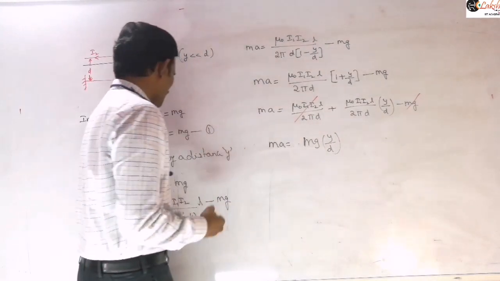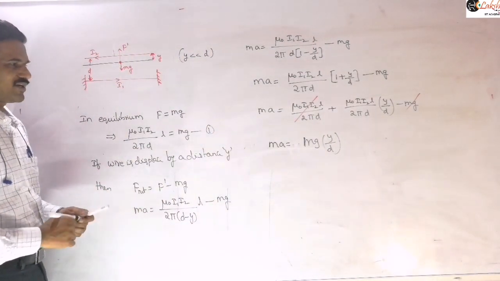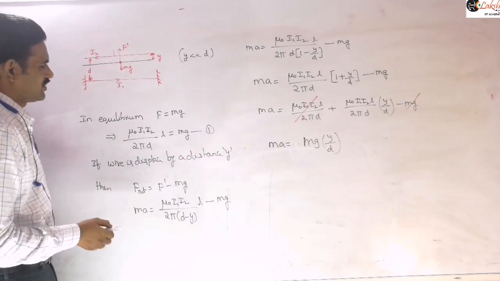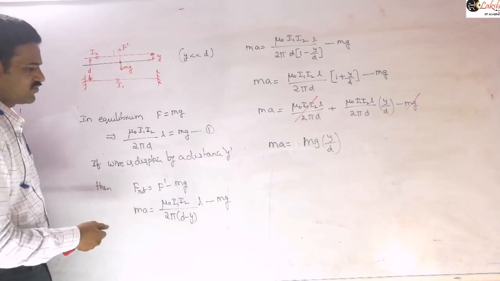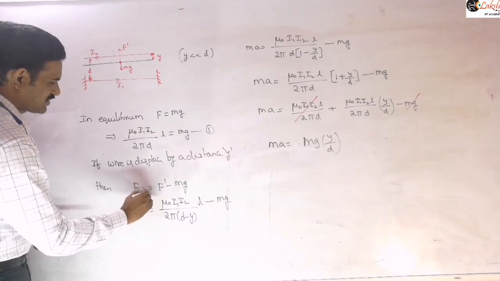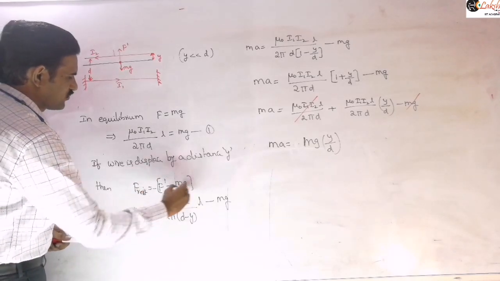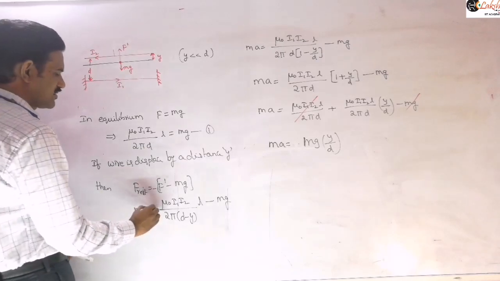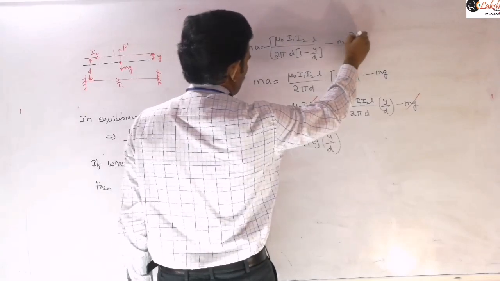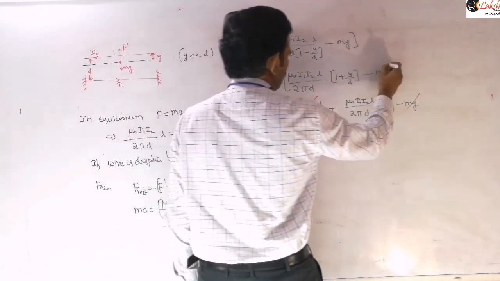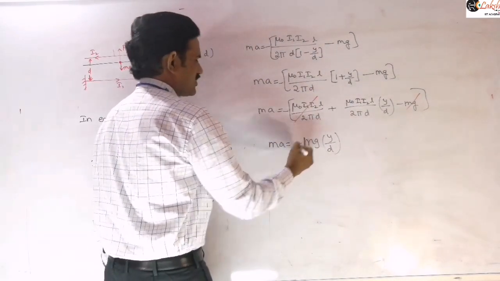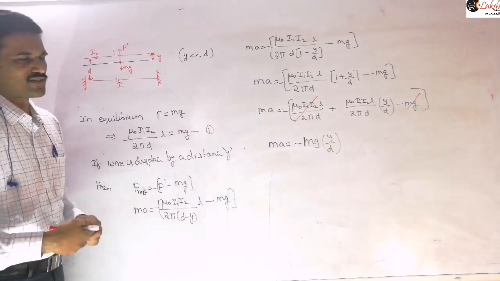And while writing that, I mentioned it as a net force here. Instead of that, in SHM we generally mention it as a restoring force. Restoring force means it should be negative, we need to consider here. So let us take this as a restoring force, then directly you can say about this SHM. That means a minus needs to be considered in every step, so this is minus of, this is also minus of, so that you get this minus here and you can conclude that it is an SHM.